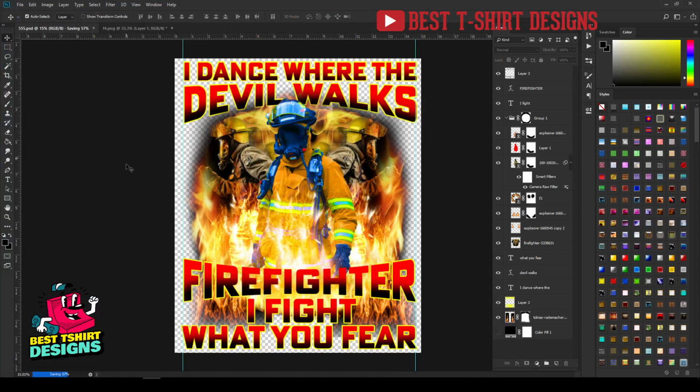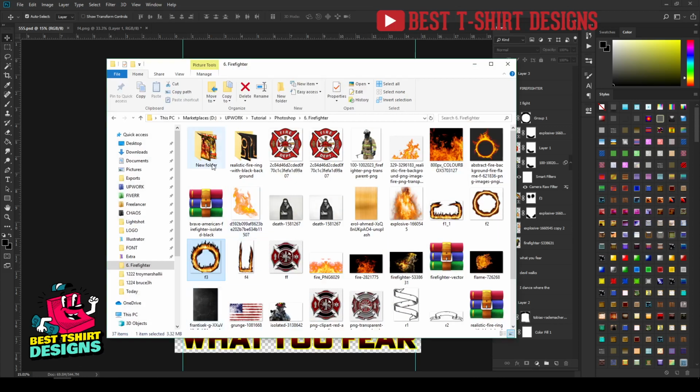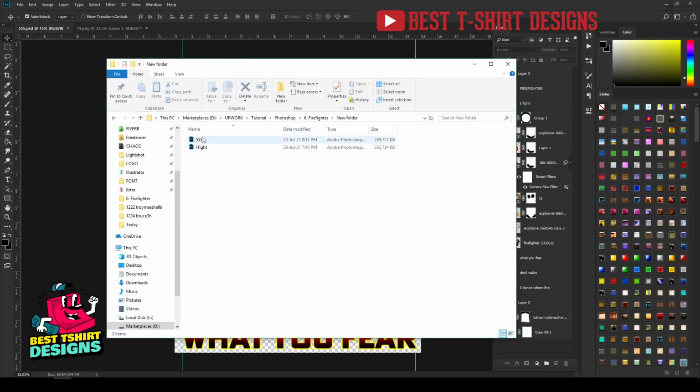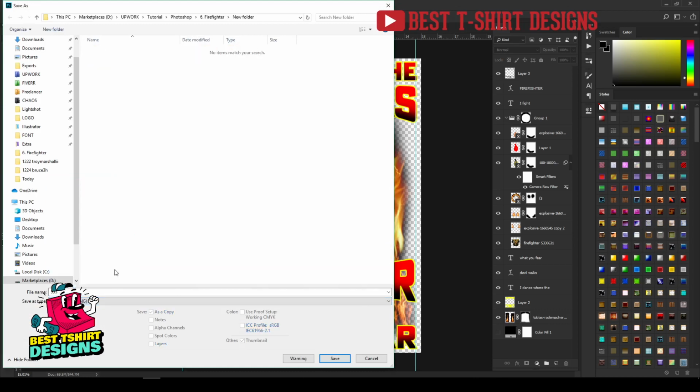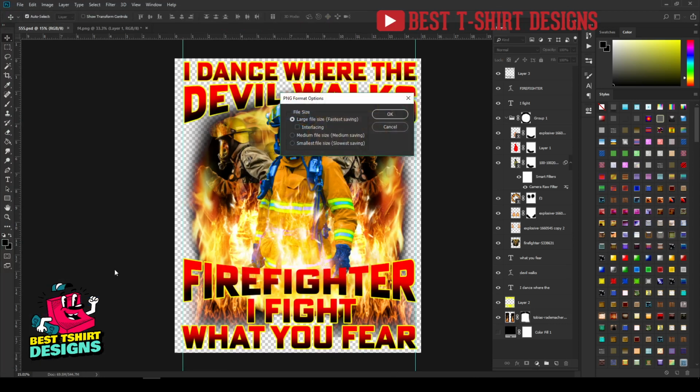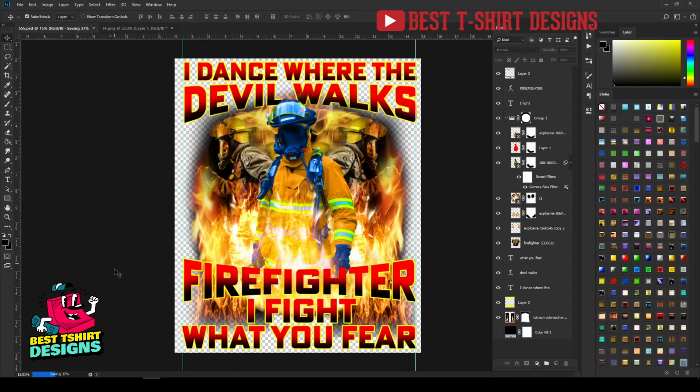It can take some time, guys, because this file will be a lot bigger, you can see this is a 269 megabyte file. It's a lot bigger than a regular Illustrator design, because in Illustrator our file becomes like 2 MB, 5 MB or something like that, but a Photoshop file takes a lot more space, because all the images we are using here preserve their own space.